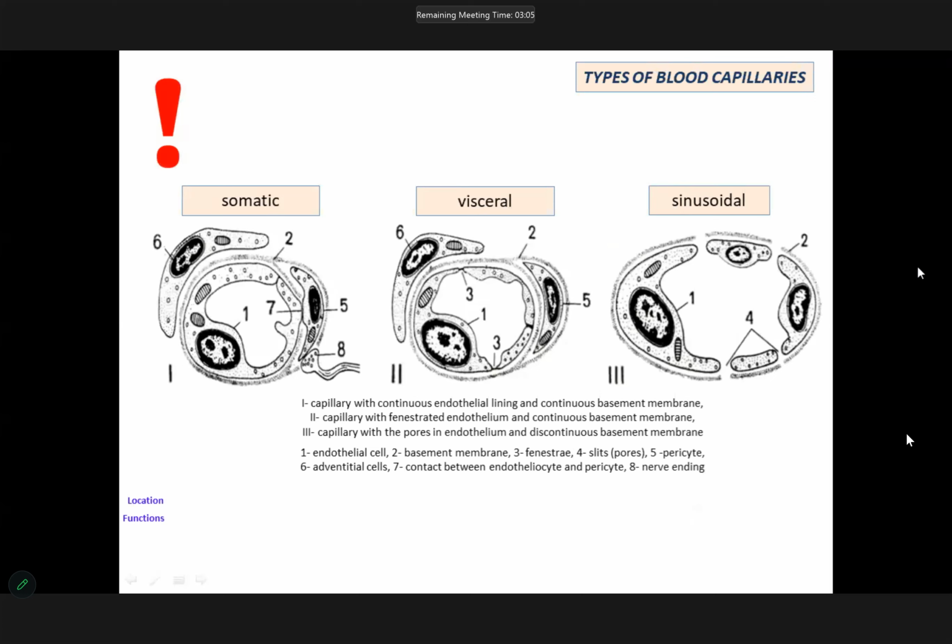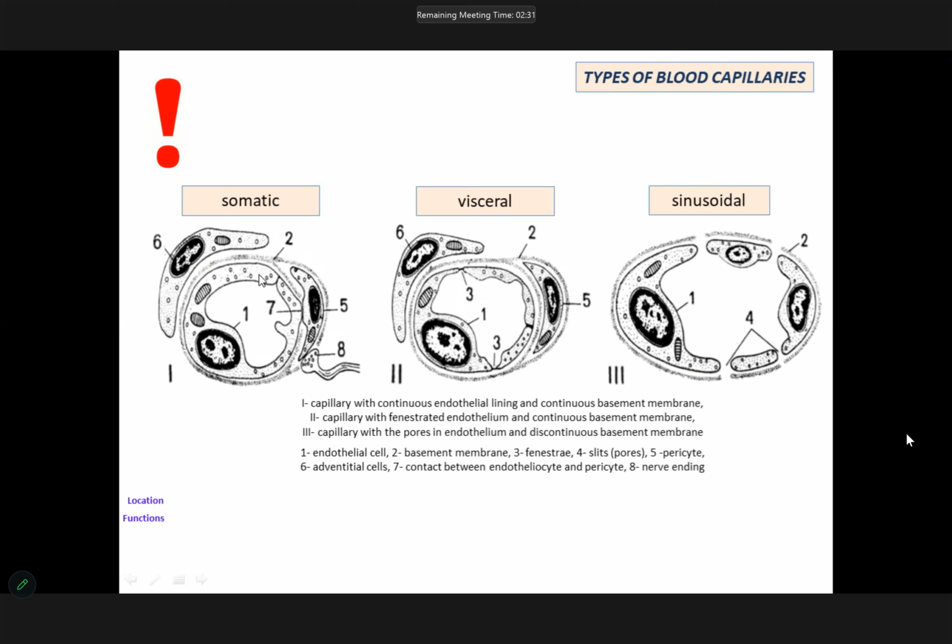Important information. Types of blood capillaries. We have 3 types of blood capillaries. This classification is based upon the absence or presence of pores or gaps or some thin areas in the wall of the blood capillary. The most continuous one, without any pores, any gaps, is the first one, which is called somatic, or a capillary